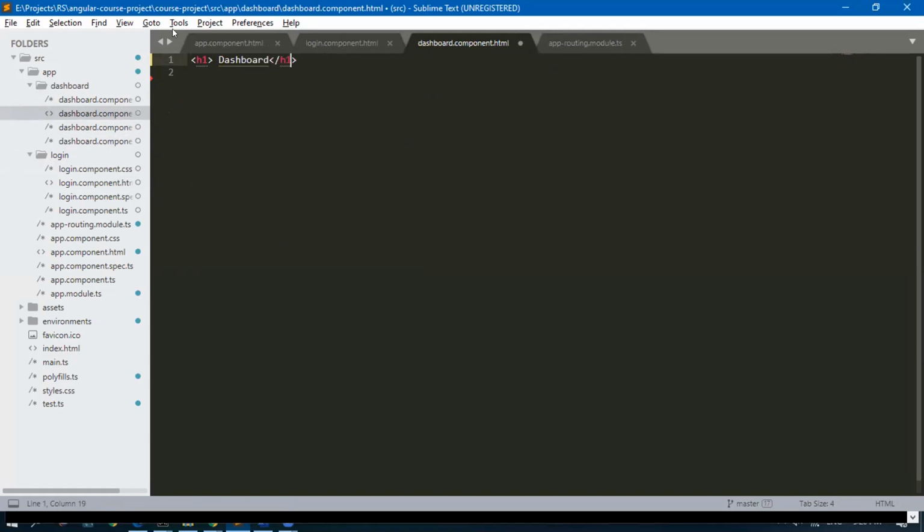Dashboard. Total users in system, total students in system, total books in system, total students in class and total books in library.